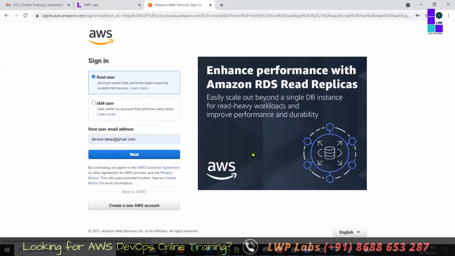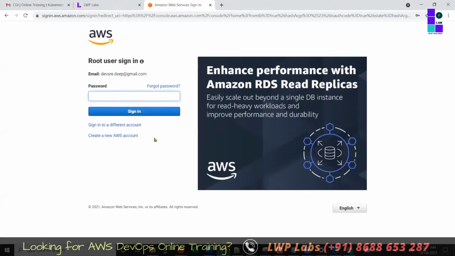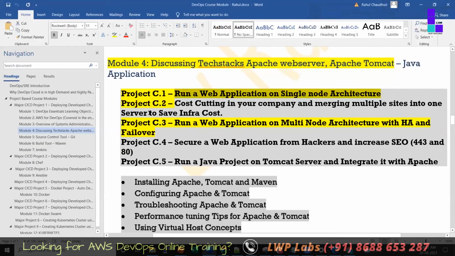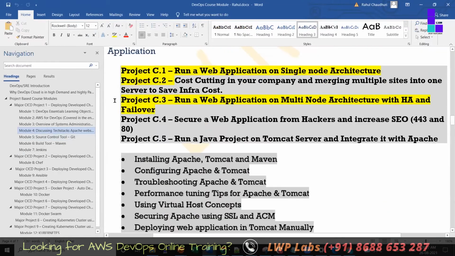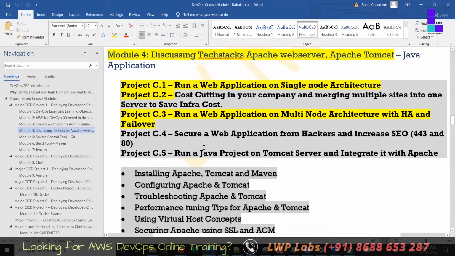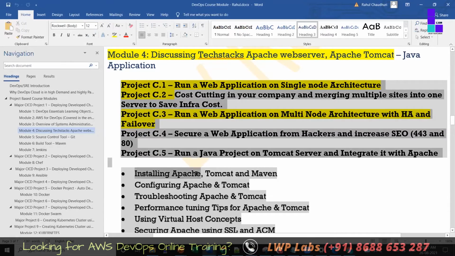Okay, everyone, all of you have an AWS account. Log in. So whatever we are learning now, these are not DevOps you can think of. These are all prerequisites. DevOps generally will start from module 5. But whatever we are doing is fundamental, which should be very, very strong. All these 5 projects here are the most important projects of the whole DevOps, anywhere, wherever you go, which nobody teaches. And even if they teach, they will not explain it in a way that will feed in your brain that I have to create a multi-node architecture.